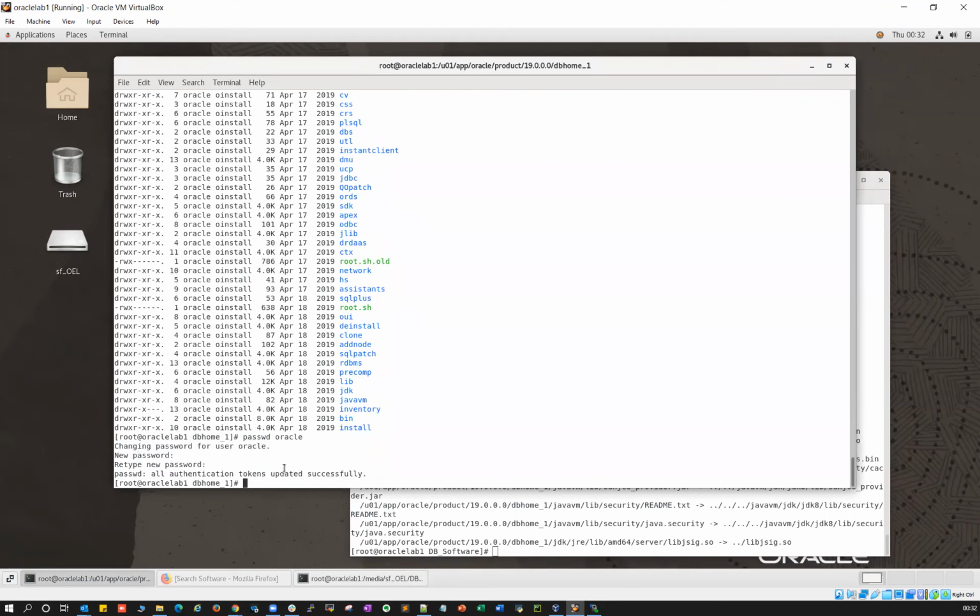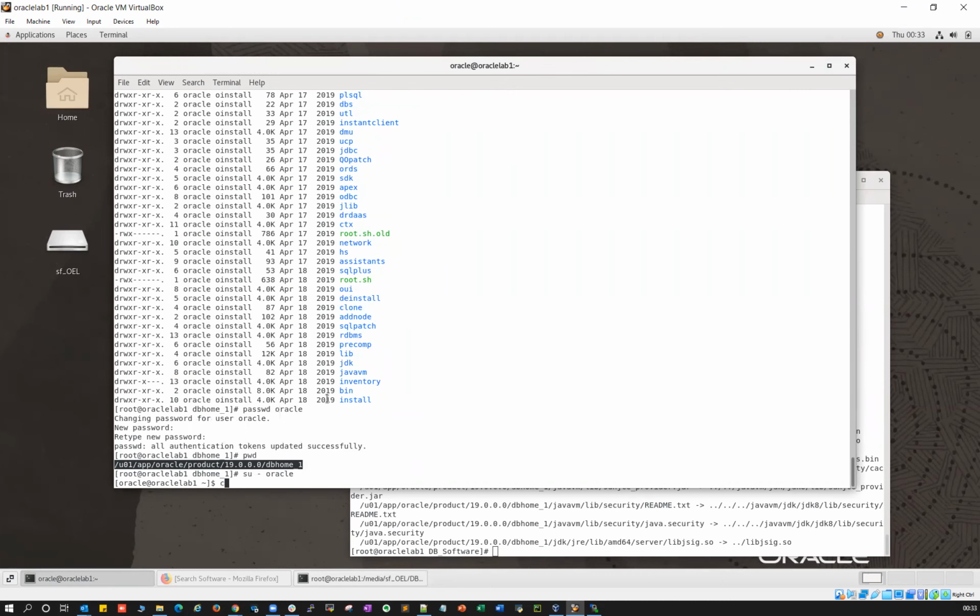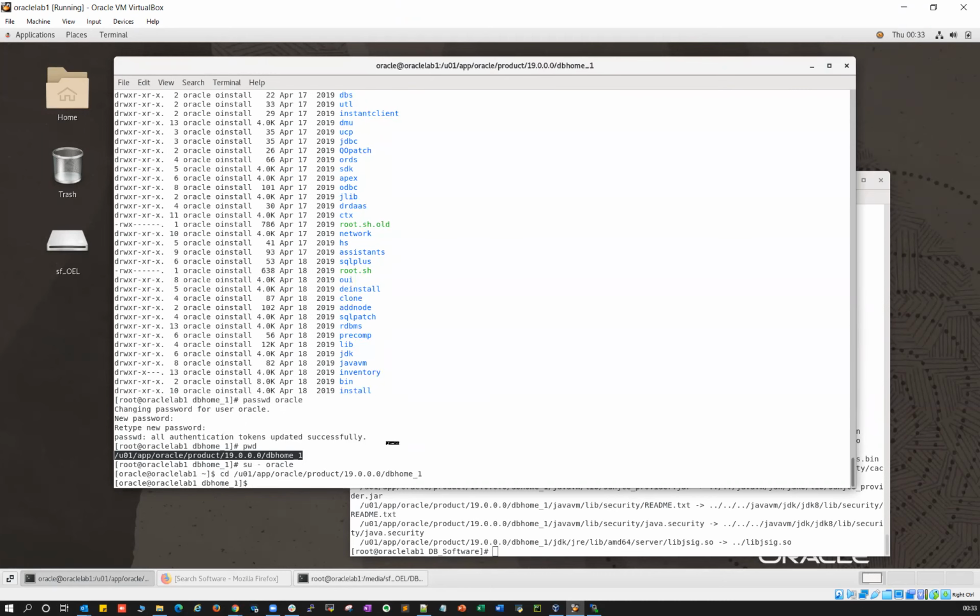Remember, right now you are logged in as the root user. You can verify that by clicking here. If you do su oracle, switch user to Oracle, go inside this particular directory, and do ls, you have this run installer. If you run it, it's not going to launch the GUI screen. It says unable to export your display. Even though you switched to the Oracle user here, it says unable to set the display, because you basically logged in as the root user and then used switch user. That's not going to work here, so you have to log in with the Oracle user directly.